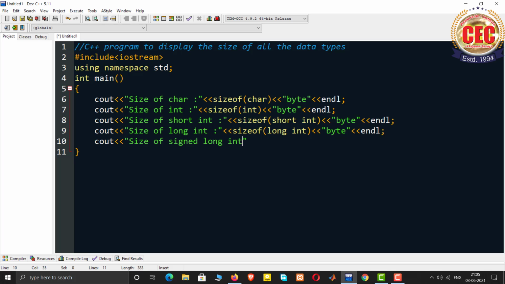Then again output operator, then again sizeof, inside parentheses we will write signed long int. Then again byte, and then endl.